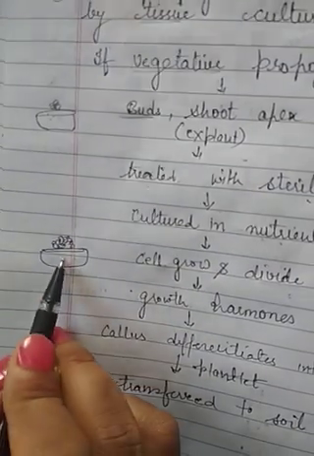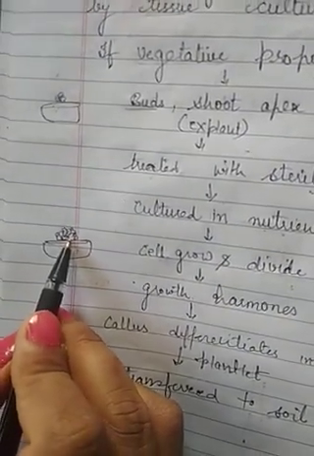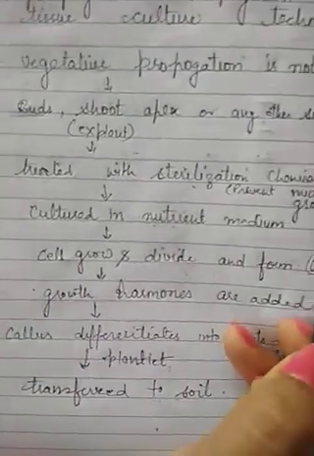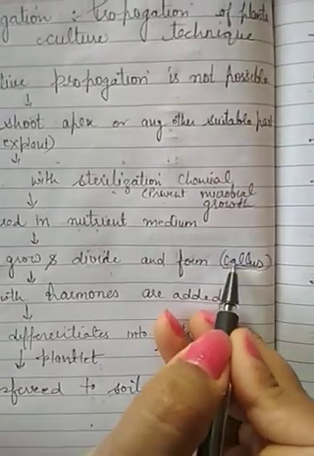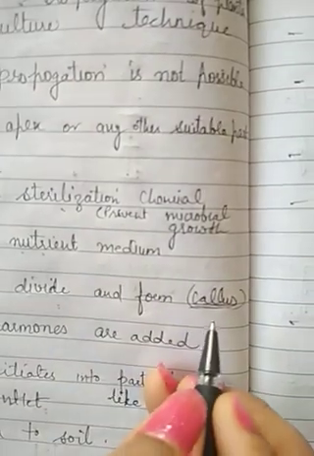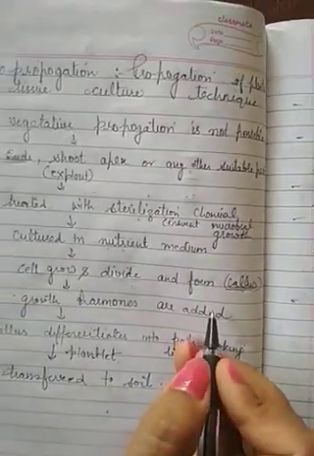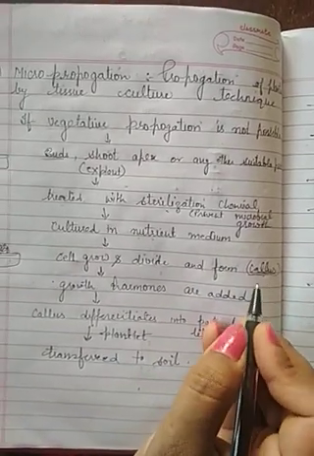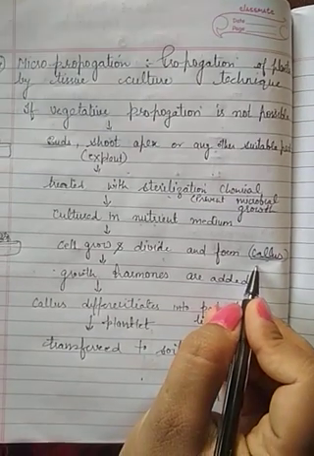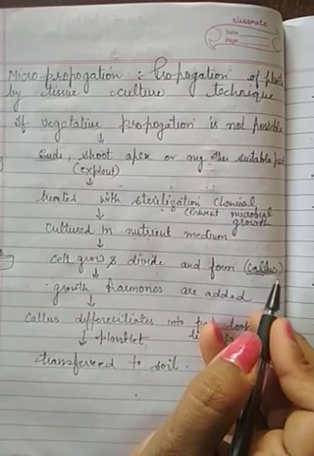Now after some time what will happen? The cells will start growth and they form a callus-like structure. We can call it callus. Callus-like structure means one in which the leaves, the stem or other parts of the plant are not identifiable, but the callus will look like a plant. If we try to separate the different parts, it is not possible at that time when it is forming a callus.